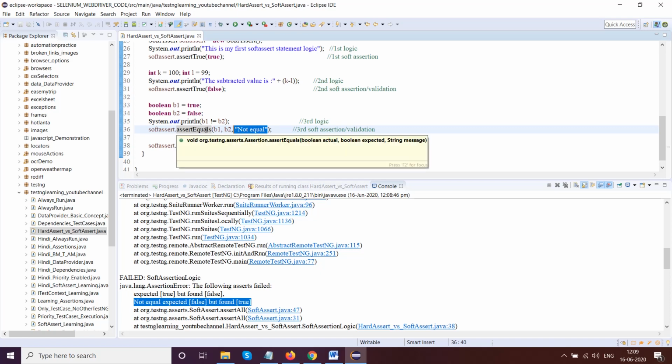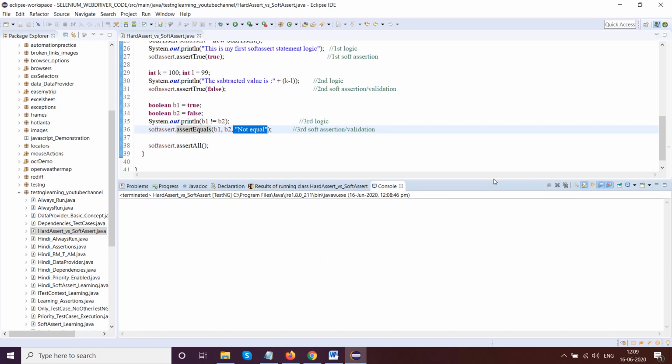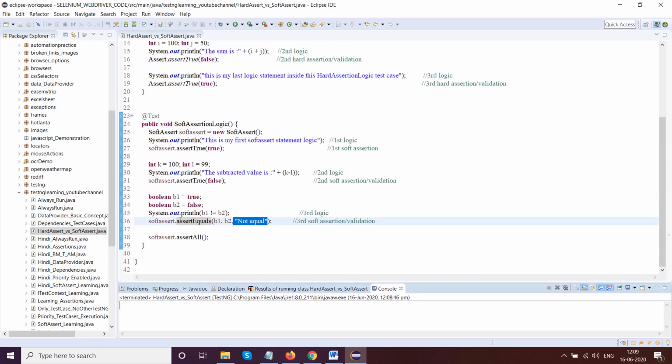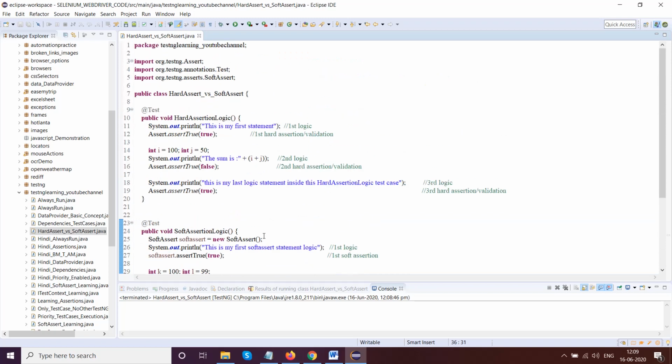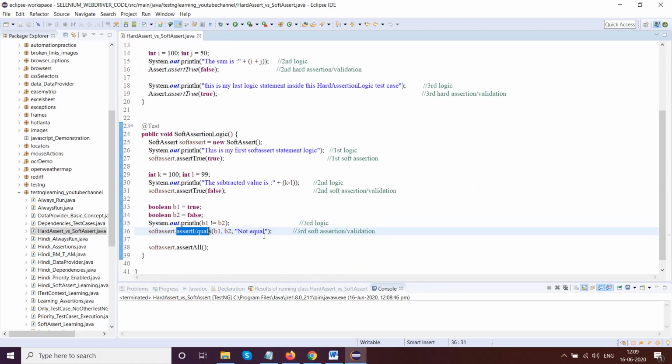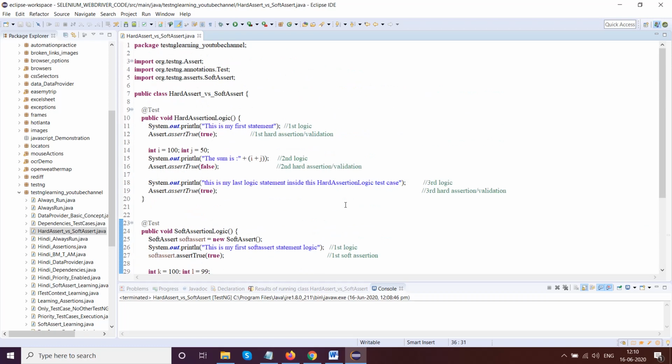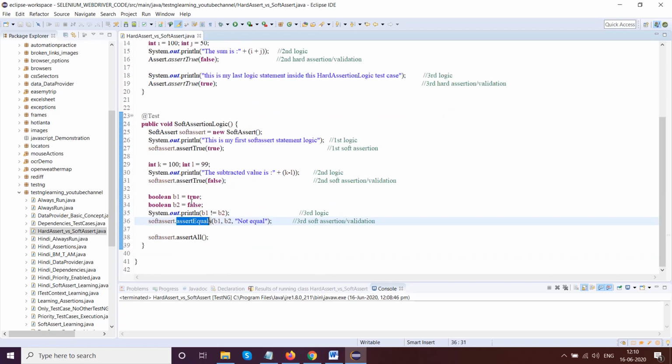So you will have to write what exactly you are trying to print. If you do all these sorts of assertions, then only you'll get to know what exactly all these terms mean. What does true mean? And what does softAssert.assertFalse or fail do? Anything you want to do, you can go ahead and do it. So this is the difference between soft assert and hard assert. I hope you understood most of it, and if you did not, please go back and see my videos again and again. You'll understand why hard assert is not used much, and why soft assert is used much.